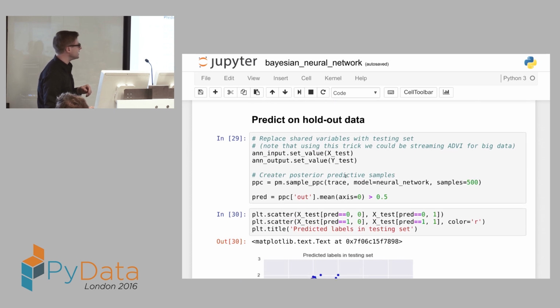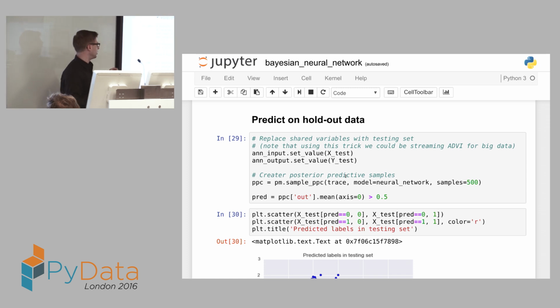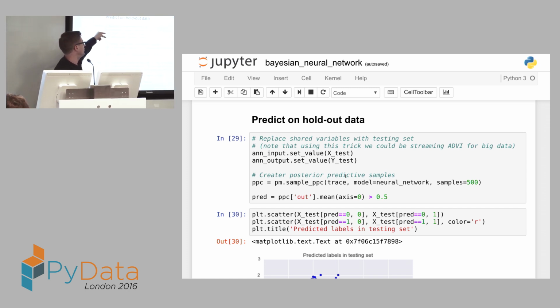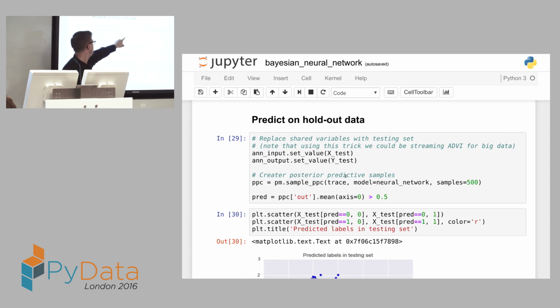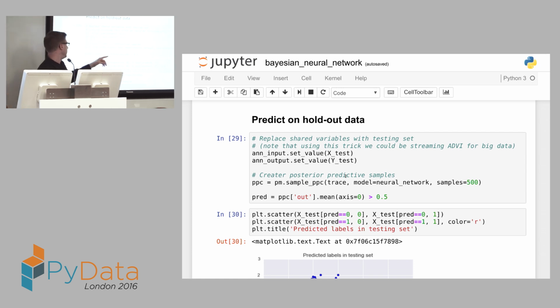And now I want to predict on the holdout set. So as I already mentioned, I'm going to change the values from the train to the test. Now these will be changed in the model, and I call sample PPC, which is a posterior predictive check. Essentially, I'm generating new data from my model, given the parameters I estimated. And the key thing is that my predictions actually now will not be just the best fitting values, but will be sampled taking the whole posterior into account. So we'll also get uncertainty in my predictions. That's something that you can't get otherwise.